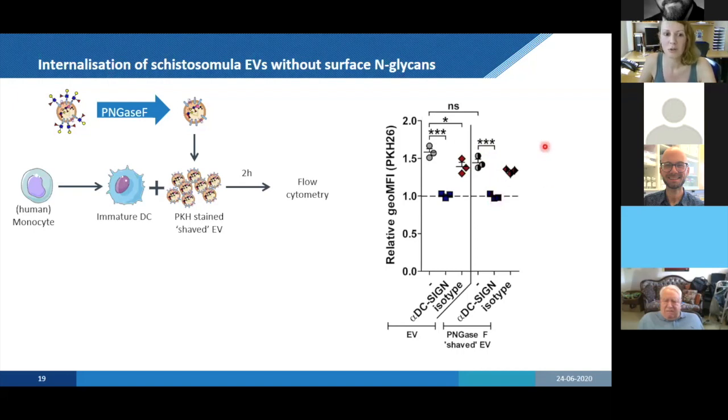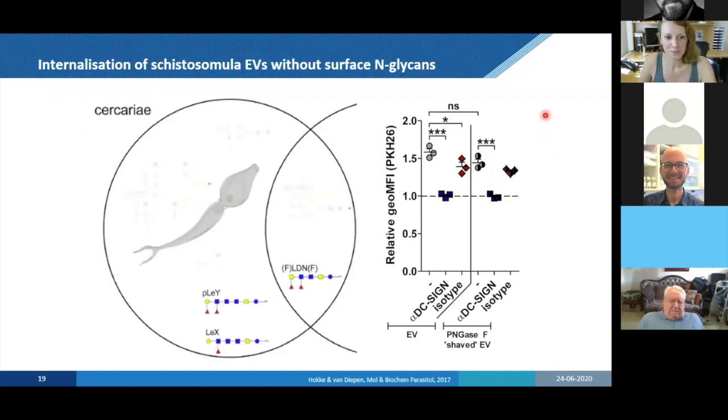So then we looked back at, okay, but what are the other glycans these life stages express or can generate? And here are the glycans that can actually attach to lipids. So these are the lipid glycans, and they also have these fucoses that can be recognized by DC-SIGN. So we thought, okay, do these EVs also contain lipid glycans?